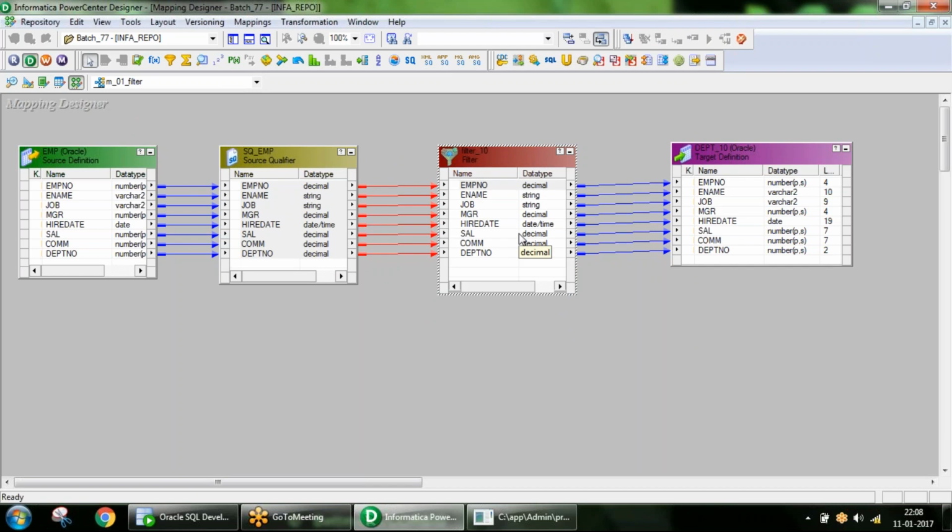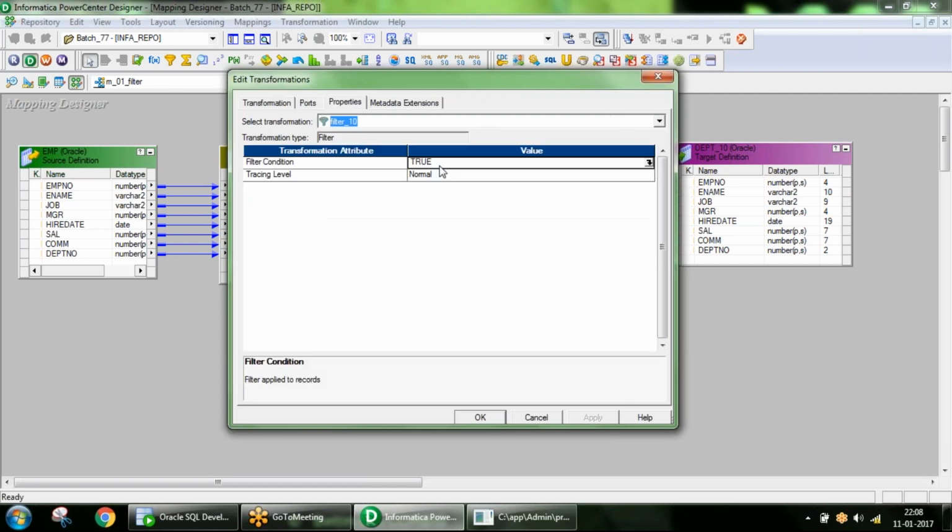Is it a valid mapping or invalid mapping? Yes, it's a valid mapping. If you don't provide any filter condition, true means it's going to load all the records by default. Nothing will happen.